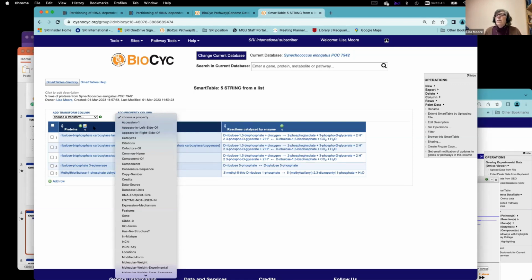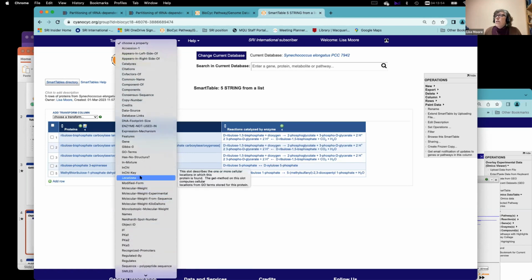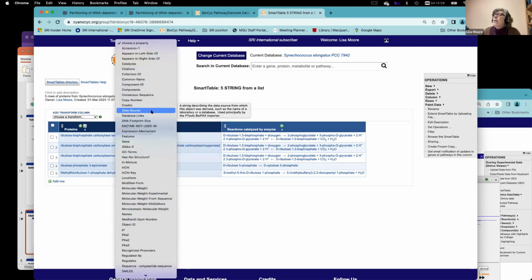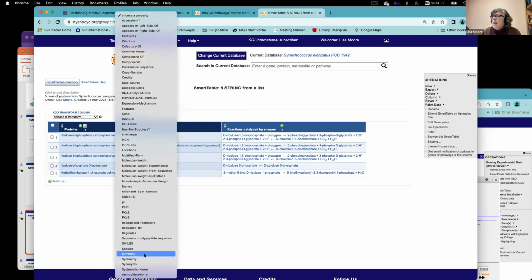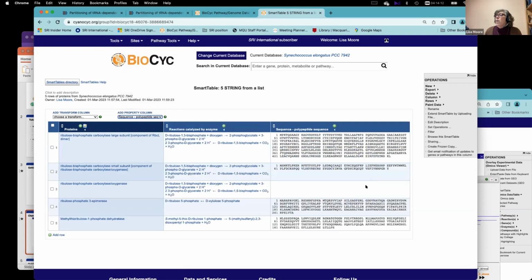So for instance, a protein has on its protein information page common names, accession numbers, the location within the organism perhaps, or the gene sequence. Here, or in this case, it's a polypeptide. So this is information that could be pulled out and put into a new column. So here we have our proteins that we started out with, the reactions that they carry out, and the sequence